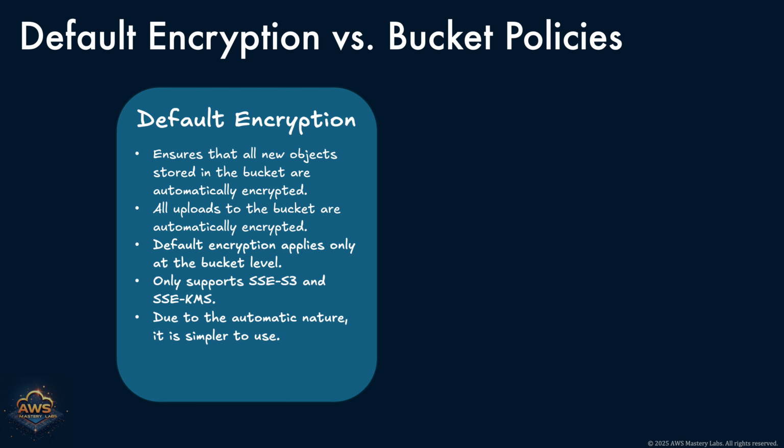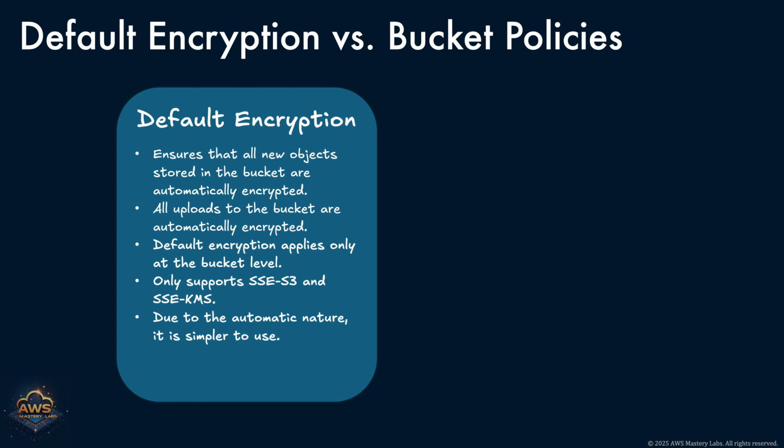When default encryption is enabled, Amazon S3 will apply encryption using the selected server-side encryption method, either SSE-S3, where AWS manages the encryption keys on your behalf, or SSE-KMS, which leverages AWS Key Management Service for more granular key control and auditability. This ensures compliance with internal and regulatory data protection policies without placing the burden of encryption logic on